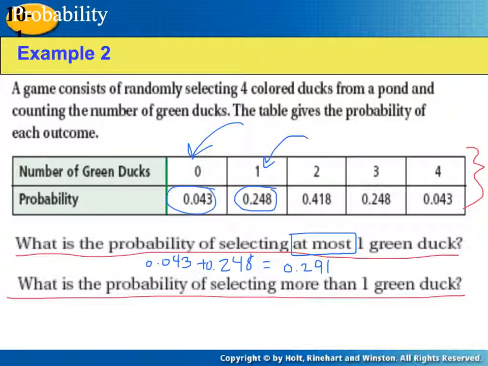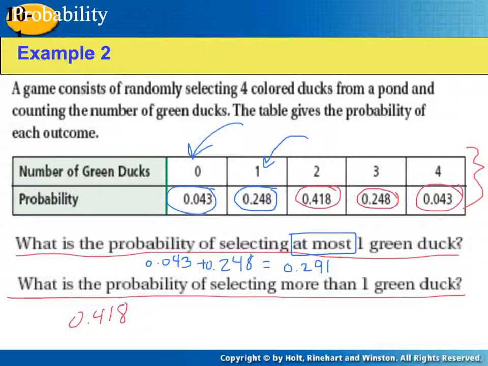Okay, so it says, what is the probability of selecting more than one green duck? More than one. Can I select one? No, I want more than one green duck. Can I select 2? Is 2 more than one green duck? Yep. Is 3 more than one green duck? Yep. Is 4 more than one green duck? Yep. So if I look at that, I have